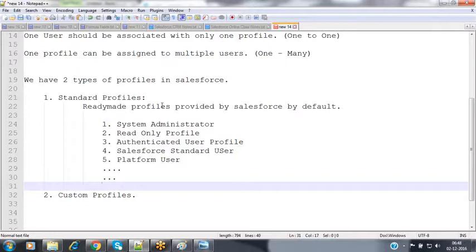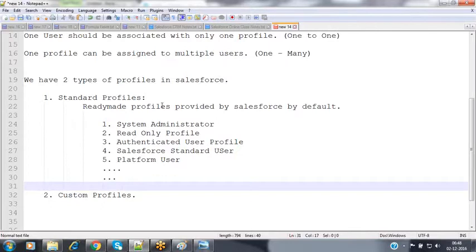The network administrator people decide, if a new employee has joined, whether the member is a developer, a tester, or an admin person, what permissions they need. If he is a network administrator, then what permissions they need. They define all the permissions and place them inside that access card. Based on that access card, they give the permissions to those employees. In the same way here also, we can define a set of permissions which needs to be assigned to the users.